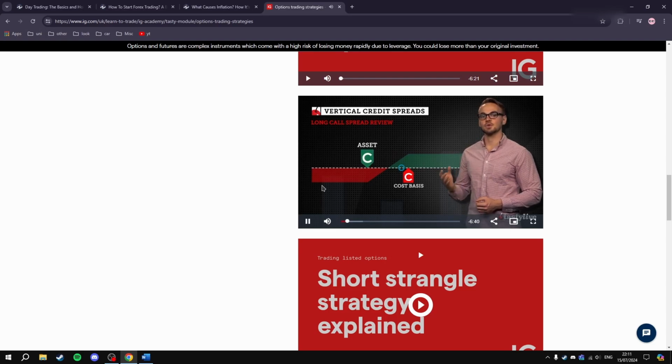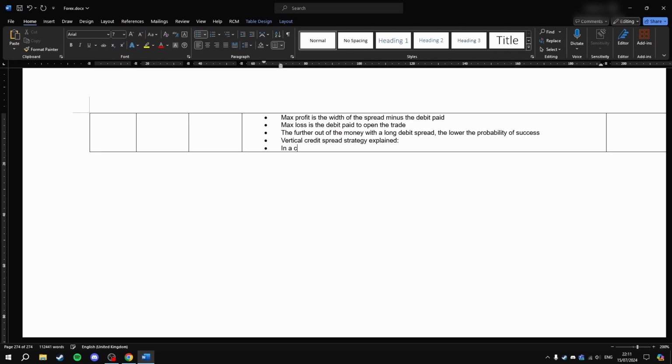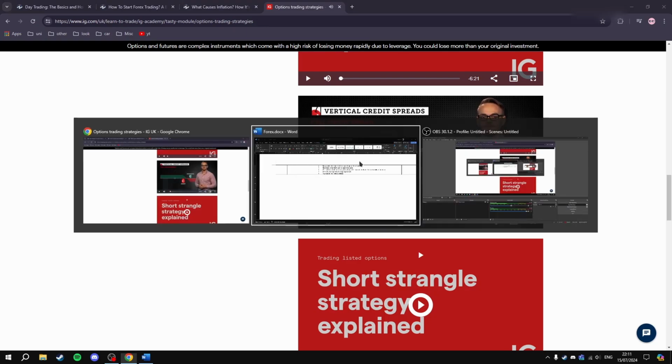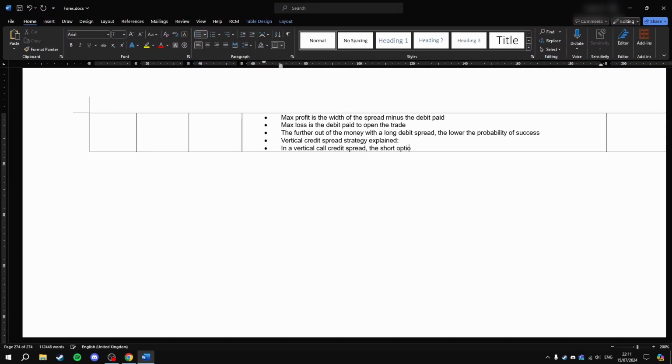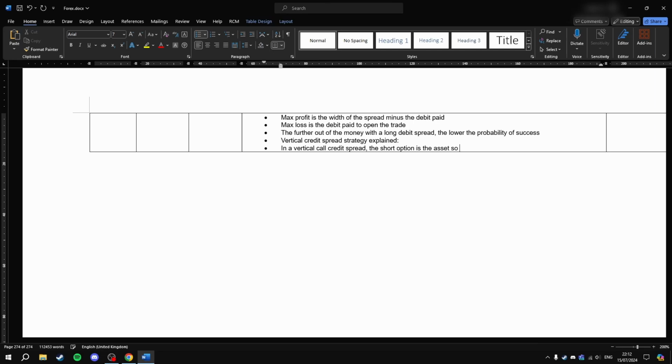We want that option to increase in value so that we can sell the spread for more than what we bought it for. This is achieved through a bullish movement in the stock price, moving our spread completely in the money. Let's flip the spread on its head and see how a credit spread compares. In a vertical call credit spread, the short option is the asset. We are selling this option and we want it to expire out of the money so that the credit